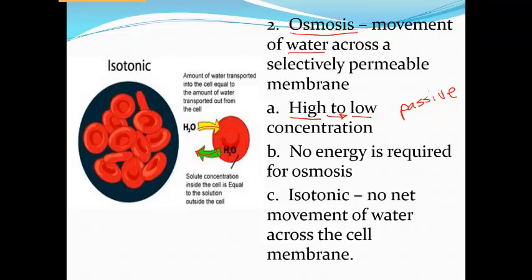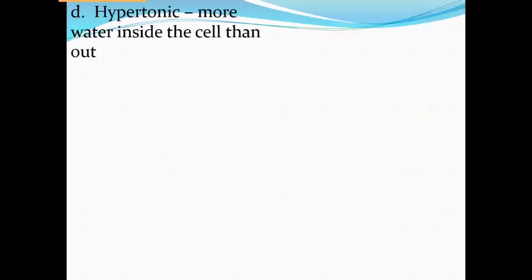And isotonic is what we refer to when the water is moving in and out equally. So maybe 5 water molecules are coming in, well, 5 water molecules are going out. And so the amount of water that's being transported is equal, what's going in is equal to what's coming out. So that's isotonic. We also have what's referred to as hypertonic, and this means that there's more water inside of